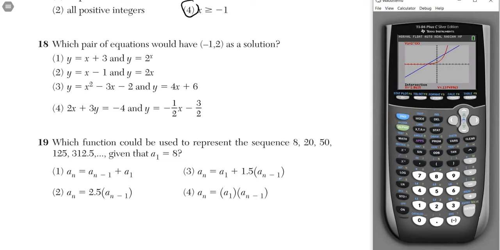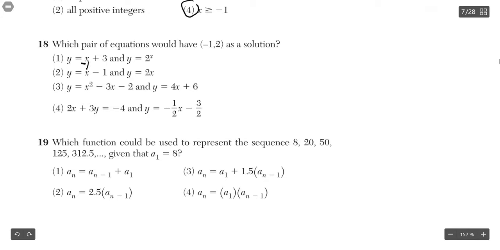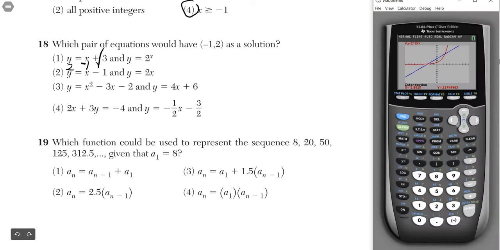Another way we could have done it is by just plugging in -1, 2. This negative 1 comma 2 means that when x is negative 1, y will be 2. So we can plug that into here. When x is negative 1 over here, will y be 2? Well, negative 1 plus 3, yeah, y will be 2. So that works. But what about here? 2 to the power of negative 1, you can type into your calculator. This is using the plugging in method, plugging in this point, negative 1 comma 2,